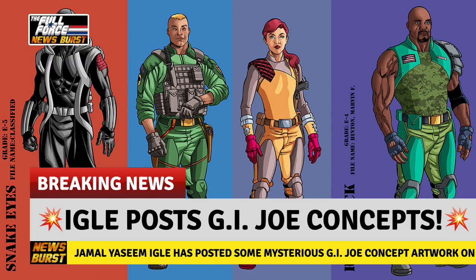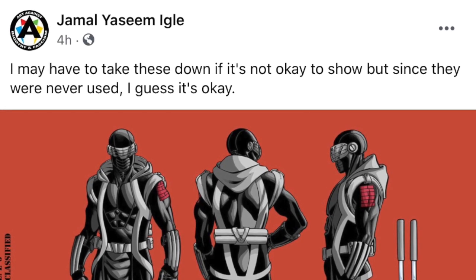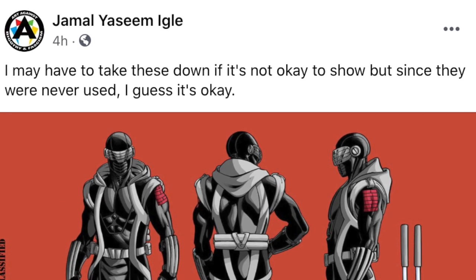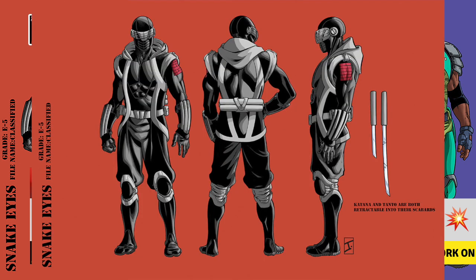He captioned the images with the following: "I may have to take these down if it's not okay to show, but since they were never used, I guess it's okay." This insinuates that we are looking at a pitch that didn't go anywhere for what is most likely a G.I. Joe comic. Snake Eyes had a very cool new look that incorporates elements you'd expect to see in Storm Shadow,